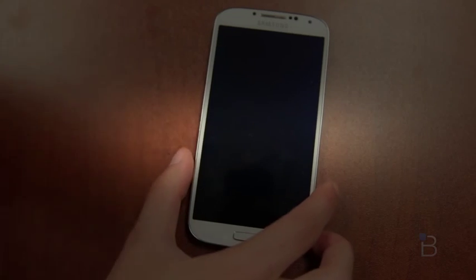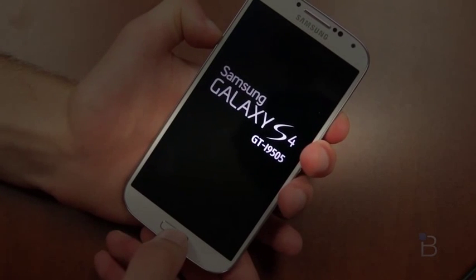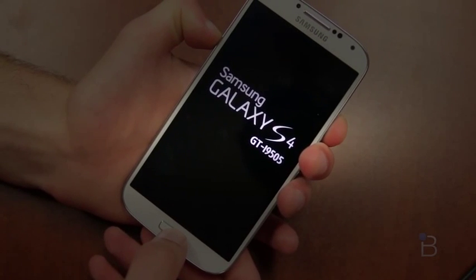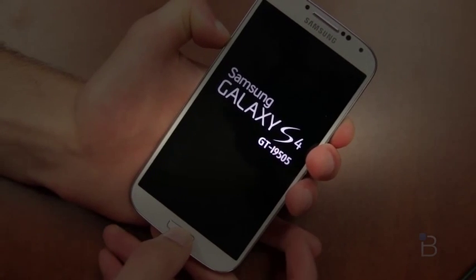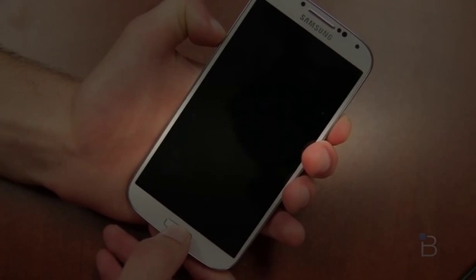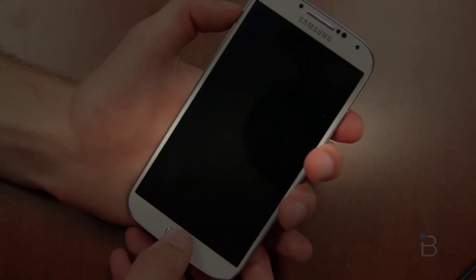And then once it starts rebooting, you want to actually boot into TWRP. And now the way you do that is turn this off once again. So I'm going to hold in the power button, just make sure it boots all the way off. This is a very quick version of it. You could boot into the home screen and do all that stuff, but this is a lot faster. So once this boots off, I'm going to hold in the volume up button and the home button to boot